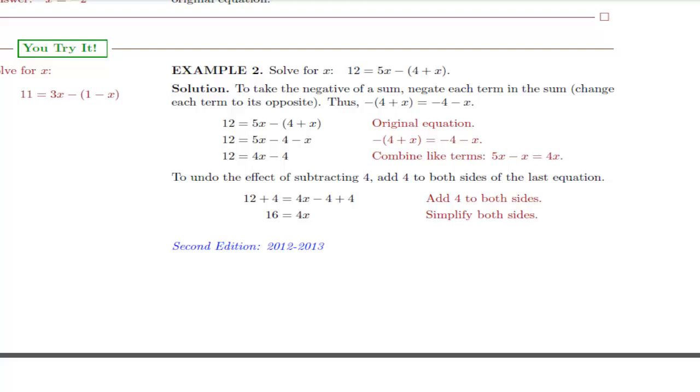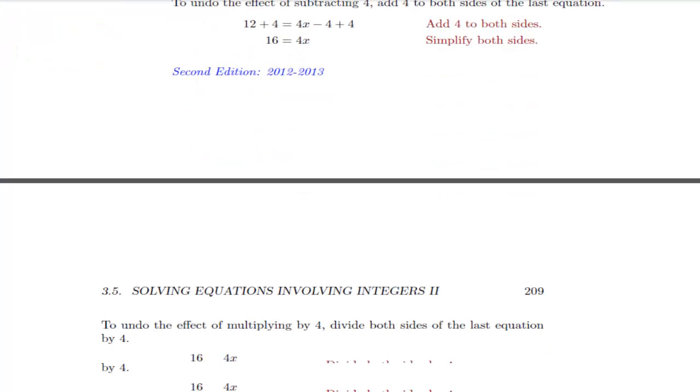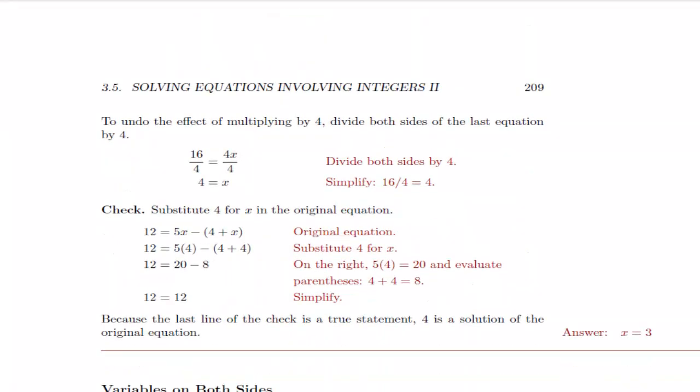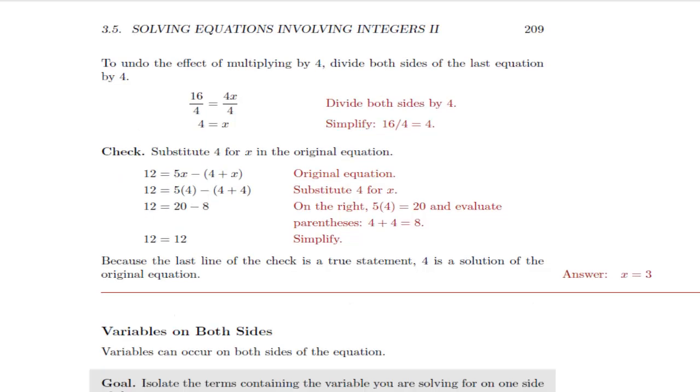To undo the effect of subtracting 4, we'll add 4 to both sides of the equation to get 16 equals 4x. Then, to undo the effect of multiplying by 4, we'll divide both sides by 4 to get 4 equals x. To check this, we'll substitute 4 for x in the original equation to get 12 equals 5 times 4